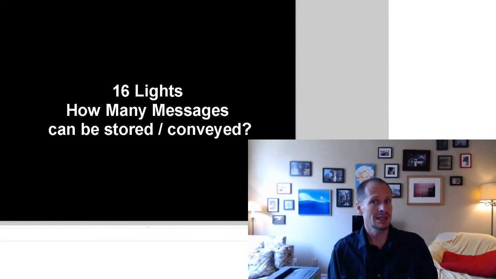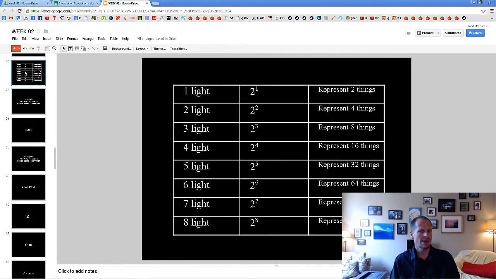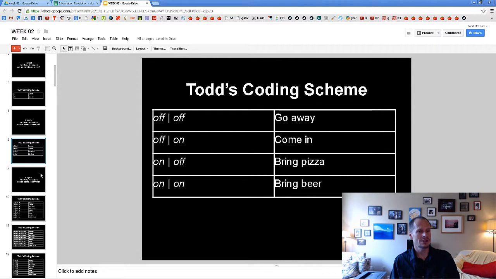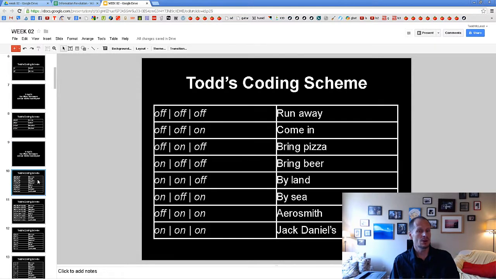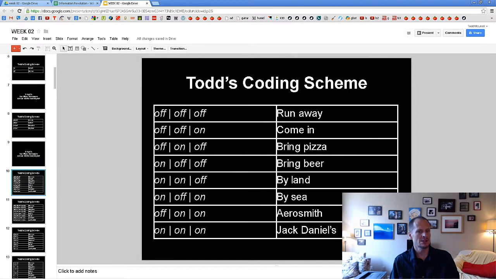And if we had just one light bulb, we could store two messages. And then we learned that if we had two light bulbs, we could store four messages. Well, my question for you is if we had 16 light bulbs, how many different messages could be stored and conveyed? Now remember, here was one with two light bulbs, right? So if we had two lights, we could store four messages. And if we had three lights, we could store eight messages, right? Three lights have those eight different combinations of on or off, and we can associate those with different,